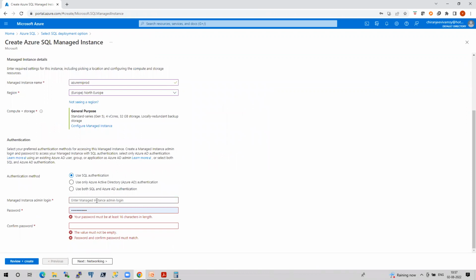So how to talk about Azure authentication as well, which we didn't cover in our classes. But for the moment, I'm choosing SQL authentication, but definitely I will show you Azure Active Directory authentication, how it works. So this is my promise, guys. It is a very tricky topic, but I want to cover that because it's not just about SQL. You have to understand how it works internally with Azure authentication also. So I'll show you that part. For the moment, I'm skipping this. I'm going to use SQL authentication.